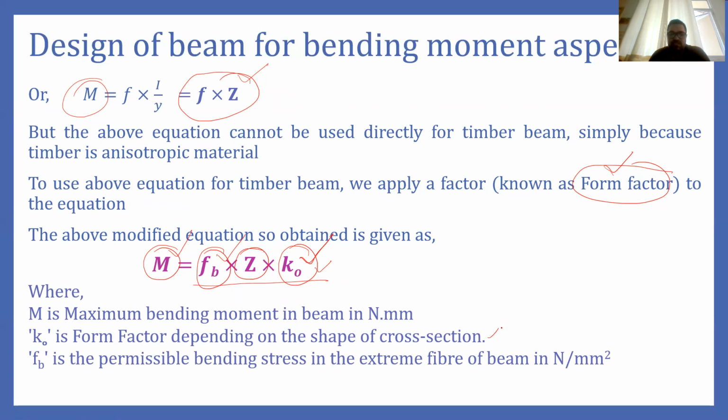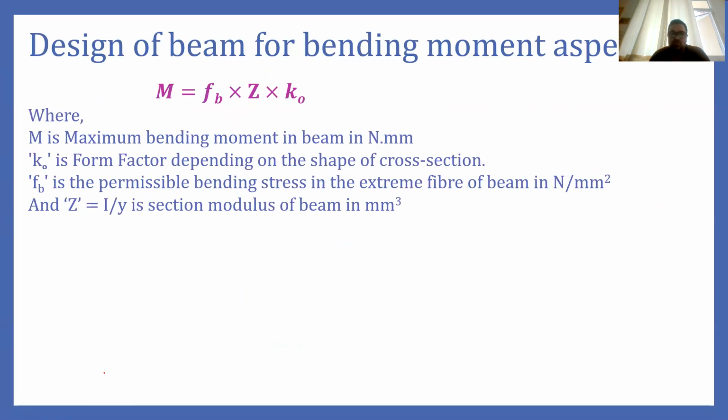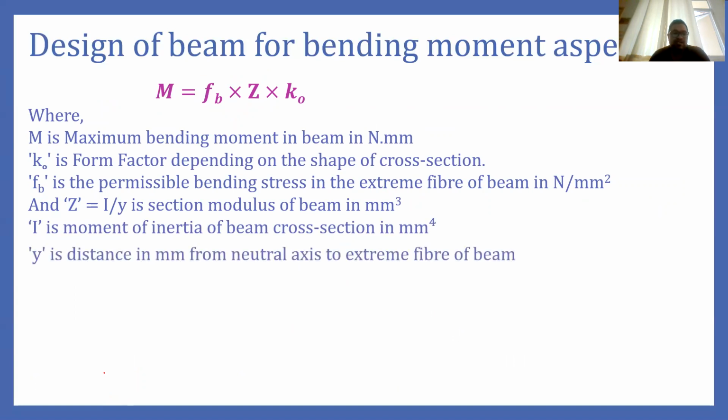FB is the permissible bending stress in the extreme fiber of the beam, and Z is the section modulus, which is I by Y. Here, I is the moment of inertia of the cross section of the beam about the centroidal axis, and Y is the distance in mm. With the help of this diagram, we can understand this. If this is B, this is D, and this is the neutral axis,